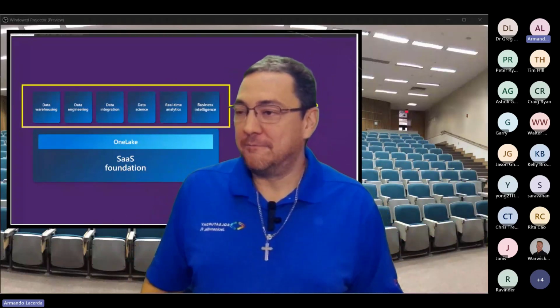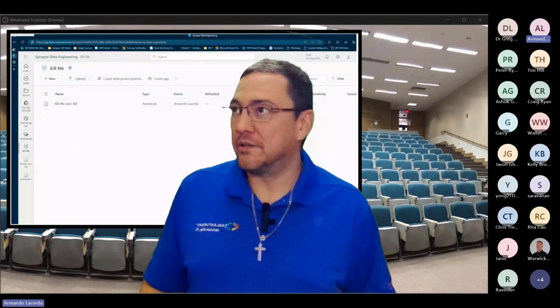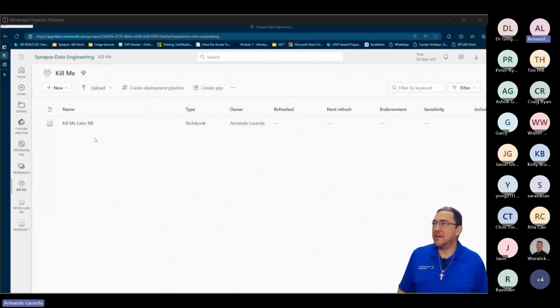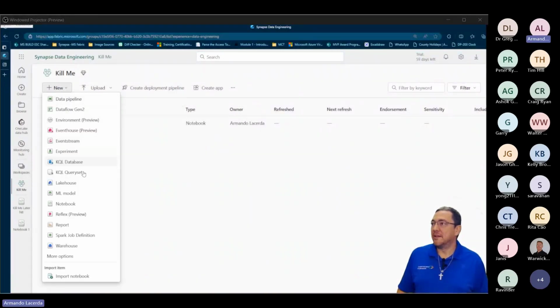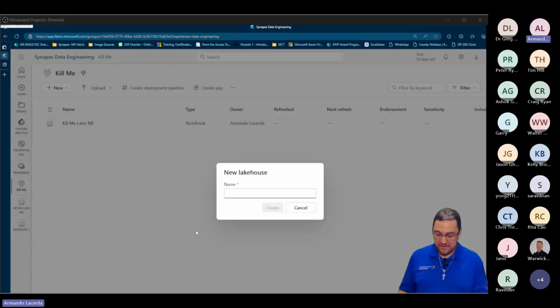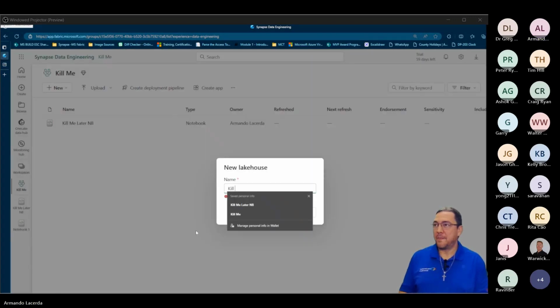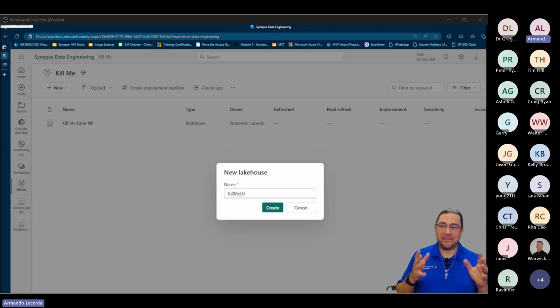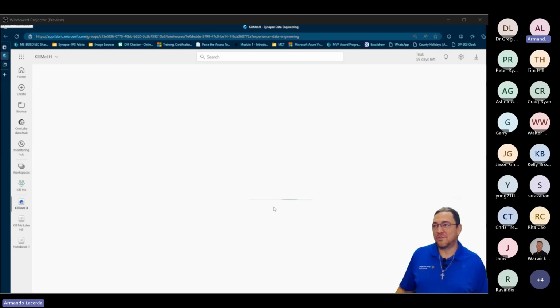So if I go back here to Fabric, I can come here and create a lake house. I call this one cue me lake house. And see, this one here doesn't like spaces. So in Fabric, you got these things. Some things are okay with spaces. Some things are not okay with spaces. Some other things are not even okay with uppercase, lowercase. It has to be lowercase. So as you play with Fabric, if you forget about it, it will scream at your face.